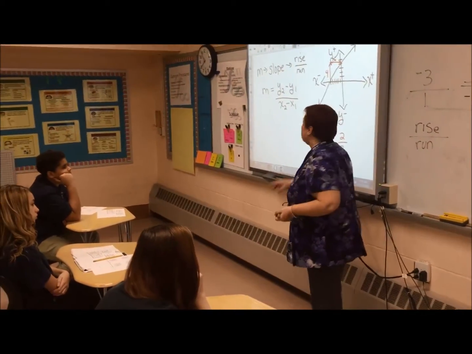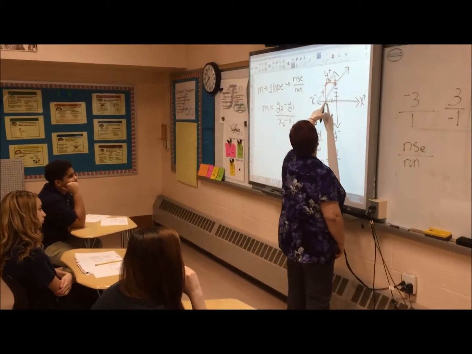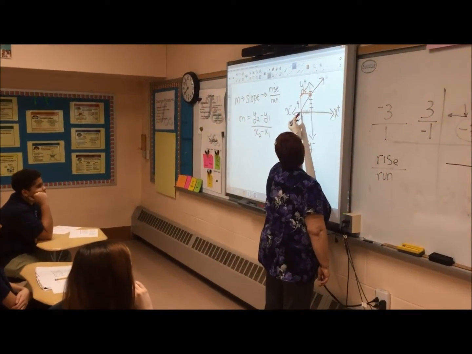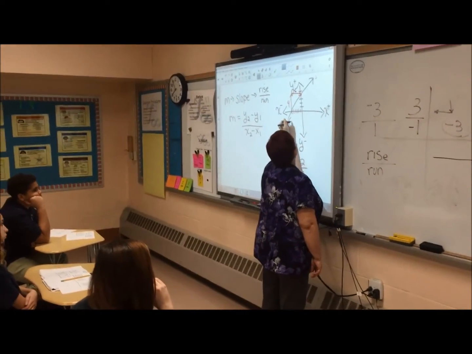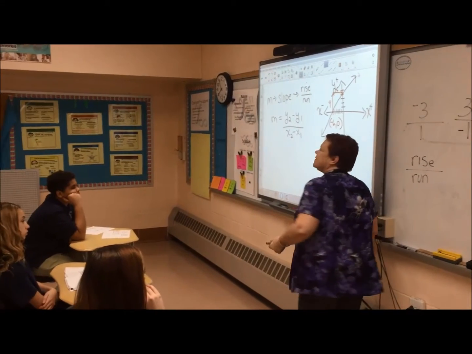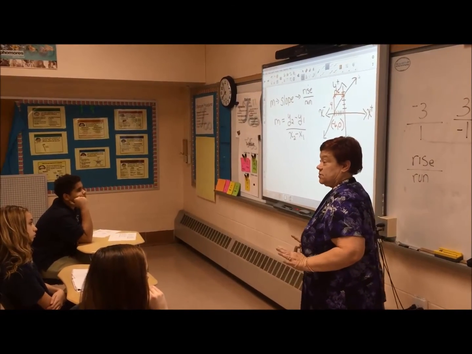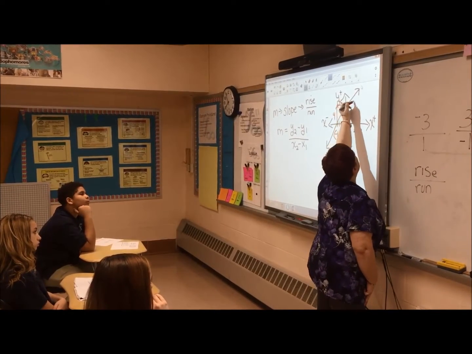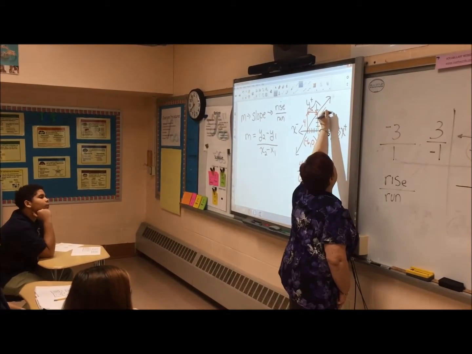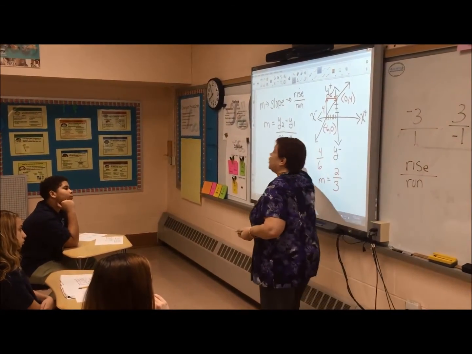To use the formula, you need the actual coordinates. So somebody tell me what this coordinate is. This point. 6. What kind of 6? -6. -6, comma what? 0. 0. Remembering that anytime a point lies on an axis, one of its coordinates is 0. So what's this one? 0. 0 how much? 4. 0, 4. Good. So the reason I put those up there now is because now we're going to try to use this,